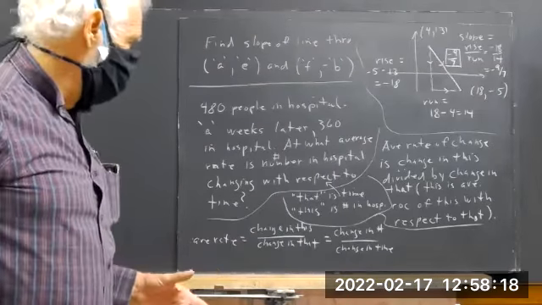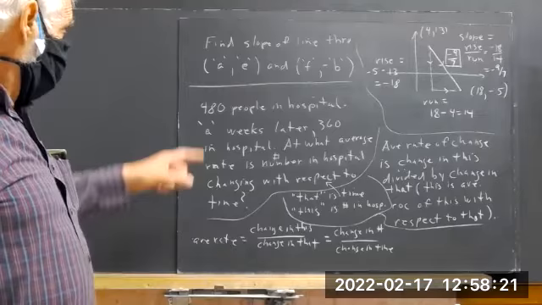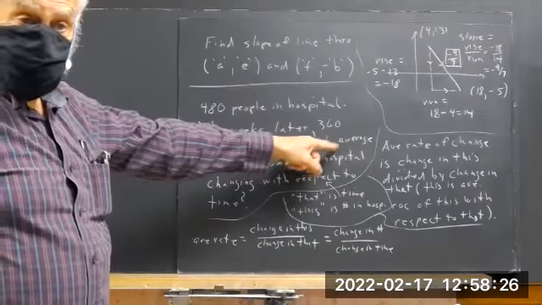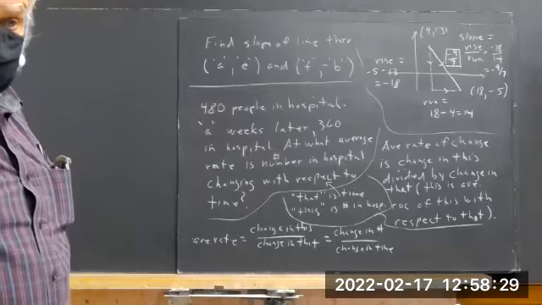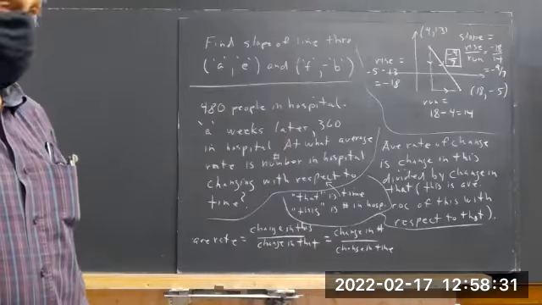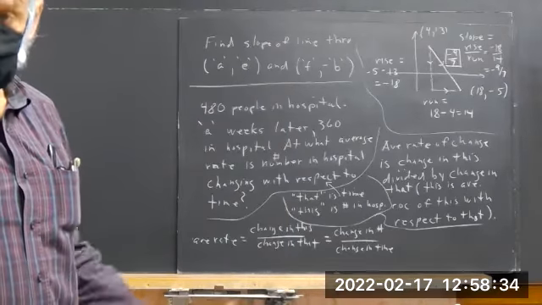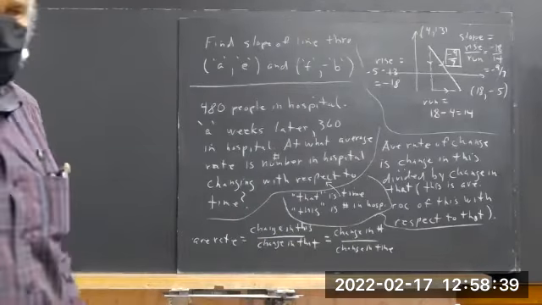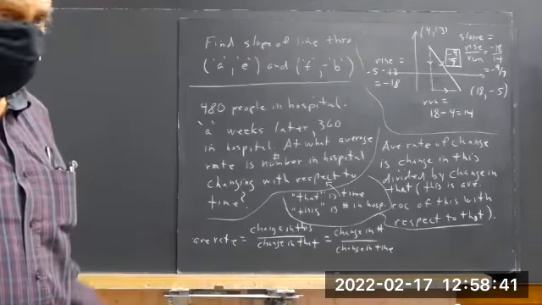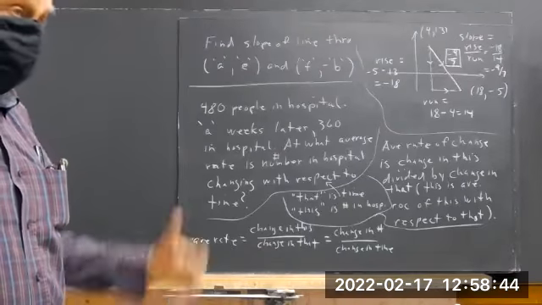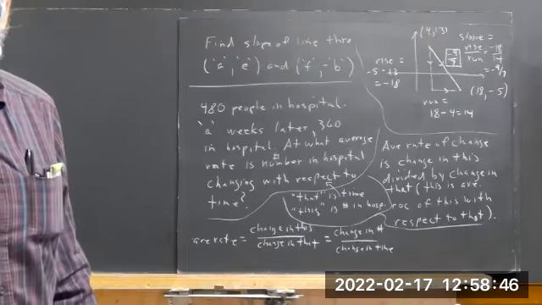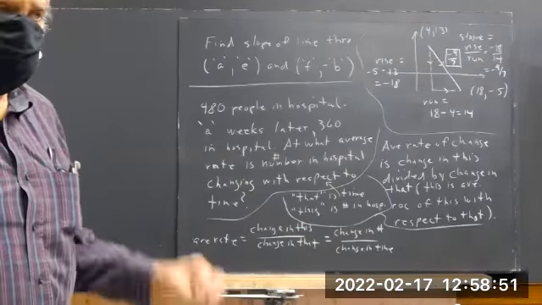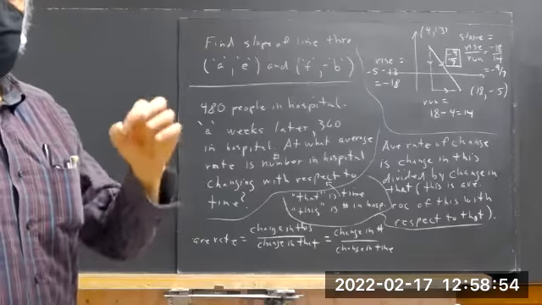Well, what's the change in the number? Well, the number starts at 480 and ends at 360, right? It's what you end up with minus what you start with. Change is negative 120, not 120. Some use 120. You got to be very careful that if something decreases, its change is negative, right? So you want to be careful, and it helps to write these things out in detail so you really have it well defined,